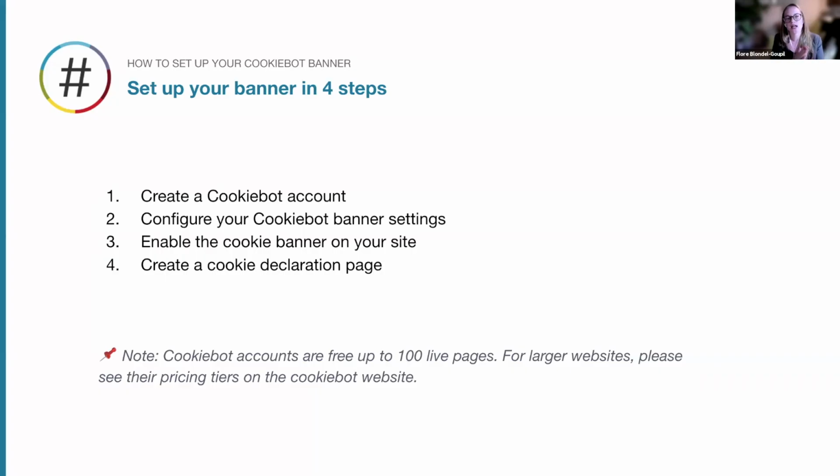So what I'll do is I'll show you the steps and explain how you can do this, and then I'll go into the control panel and show you how it's done. So the 4 steps are, first, we're going to create a Cookiebot account, which is a separate system that will integrate with NationBuilder. Then we will configure the Cookiebot banner settings, and then we will enable this cookie banner on the site. And then the last step is to create a cookie declaration page where people will be able to